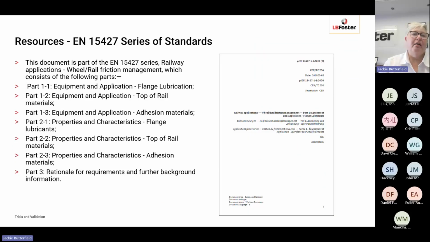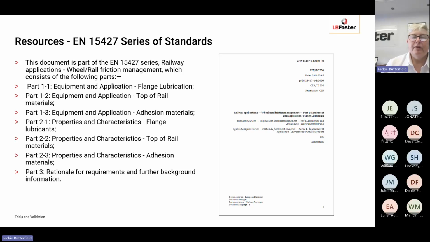So just to round off, there are a number of resources that you can draw on for looking at testing and trialing in terms of good practice and also standard procedures. So the EN 15427 series of standards is there, it's published. The gauge face greases, parts 1.1 and 1.2 are standards, and the remaining parts are technical specifications, which will become official European standards in the near future. So all of these contain standard tests for gauge face materials, adhesion materials, and top rail materials. But also there are a number of appendices looking at different trials that you can use. Particularly the adhesion, there is a standard braking trial procedure